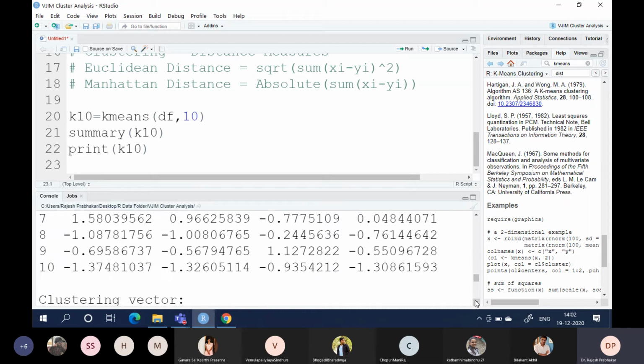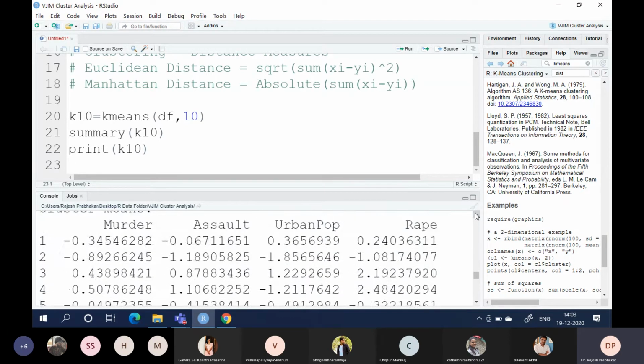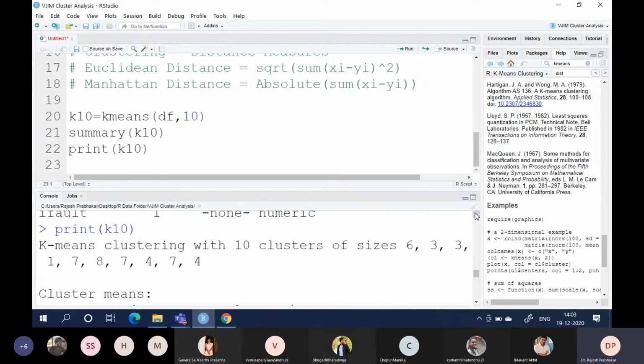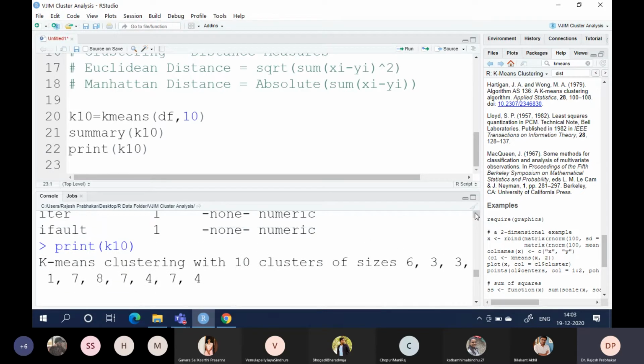For each cluster, it is giving you the centroids, and apart from the cluster means, it also gives the 10 clusters. So cluster 1 has 6 states, cluster 2 has 3 states, cluster 4 has 3 states. So that is how the clusters will be formed.